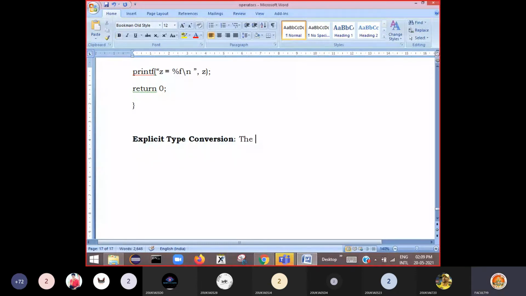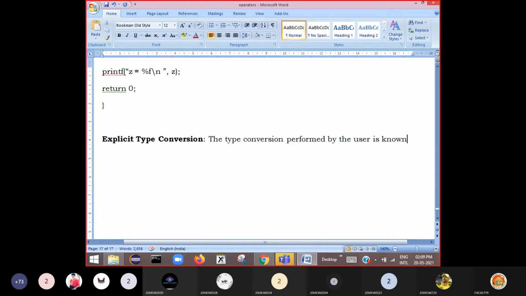The type conversion performed by the user is known as explicit type conversion.